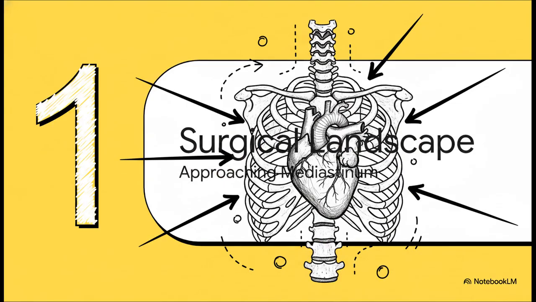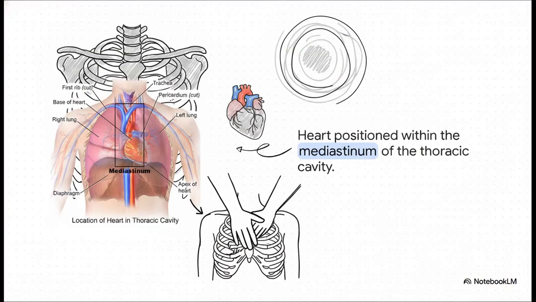All right, Section 1, the heart's surgical landscape, approaching the mediastinum. So, before we make a single incision on the organ itself, we have to establish our spatial awareness, right? It's actually really fascinating how the heart rests right in the mediastinum. It sits securely sandwiched between the sternum in the front and the thoracic vertebrae in the back. It's roughly the size and shape of a closed fist, with its apex just resting right down there on the